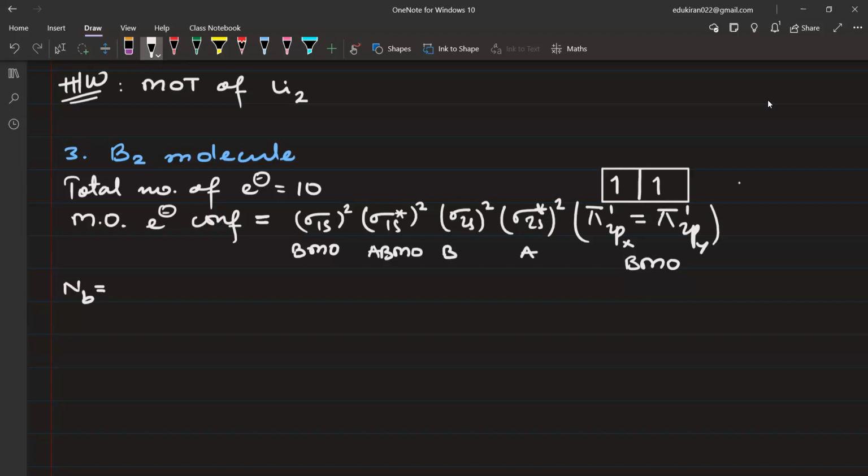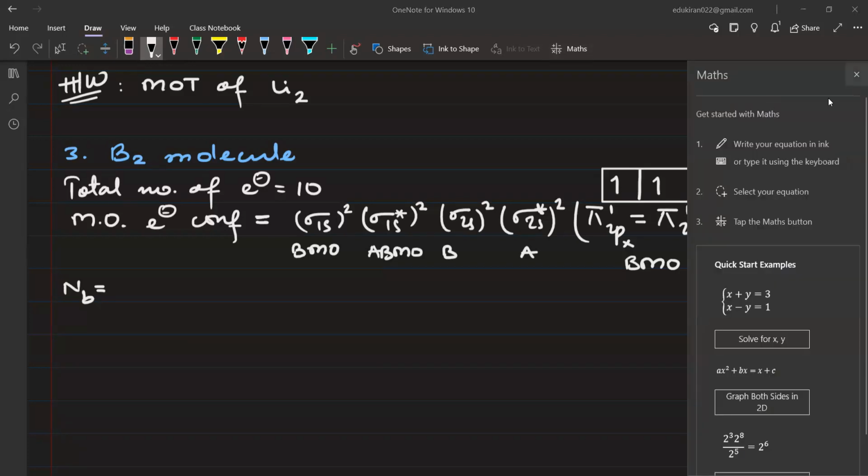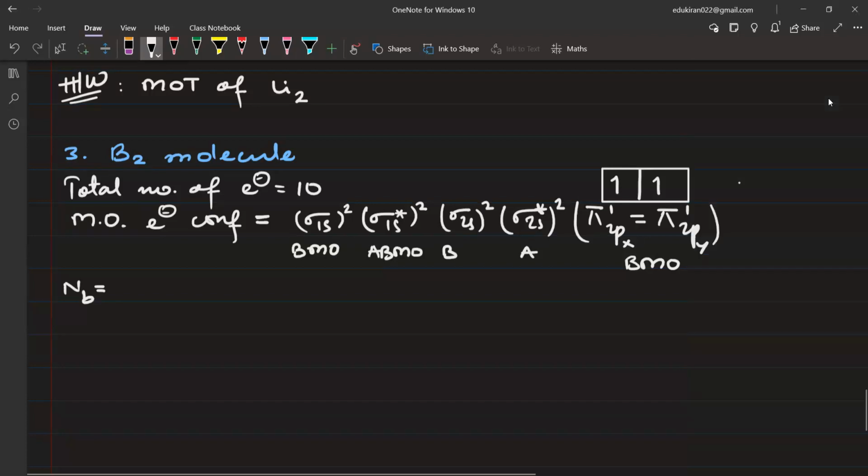अब नंबर ऑफ बॉन्डिंग काउंट करें। कितने हैं? How many electrons? थोड़ा कॉन्फिडेंस से तो बोलिए। ऑर्बिटल तो इन्हें काउंट करना है, नंबर ऑफ इलेक्ट्रॉन्स 2 + 2 4, 5 and 6. 6 है ना, ठीक है। नंबर ऑफ बॉन्डिंग विल बी इक्वल टू 6 एंड नंबर ऑफ एंटी बॉन्डिंग इट इज इक्वल टू 4।